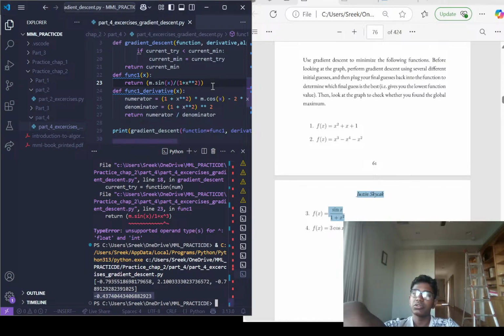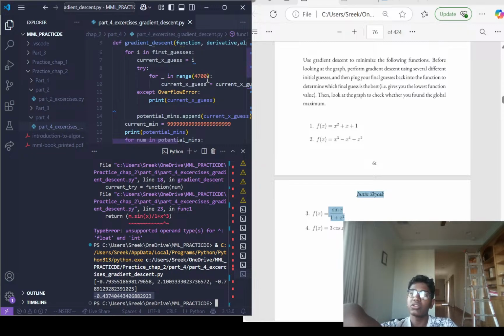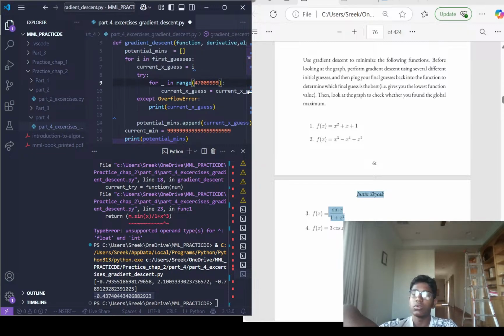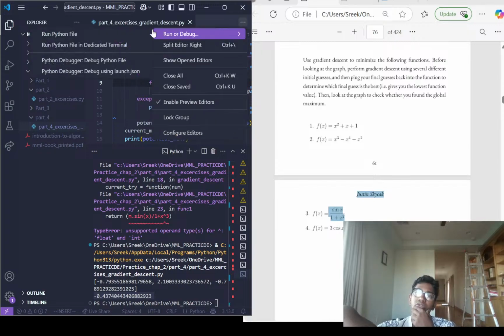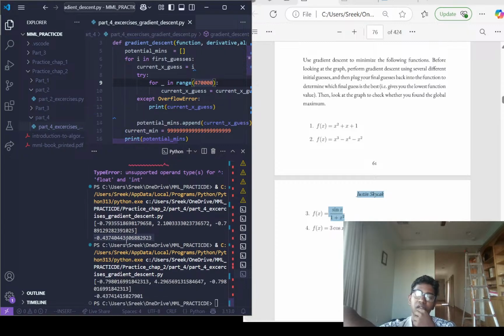Let's change the number of iterations, I think. That's not enough. Let's go. Okay, maybe not that much. My computer might lag actually. Well, it's a single variable gradient descent. It's not particularly complicated, so it should be able to run this pretty easily. No difference really. So negative 0.4371, is that a good